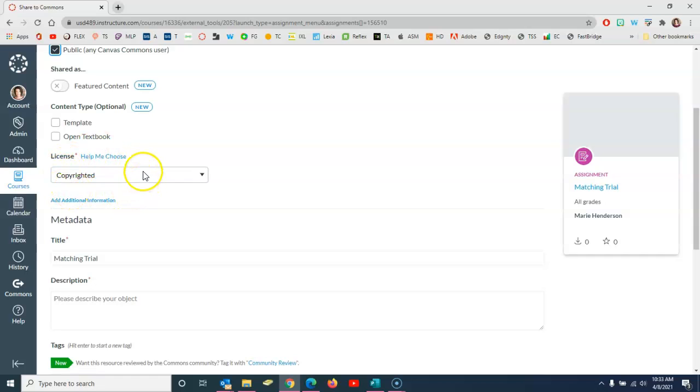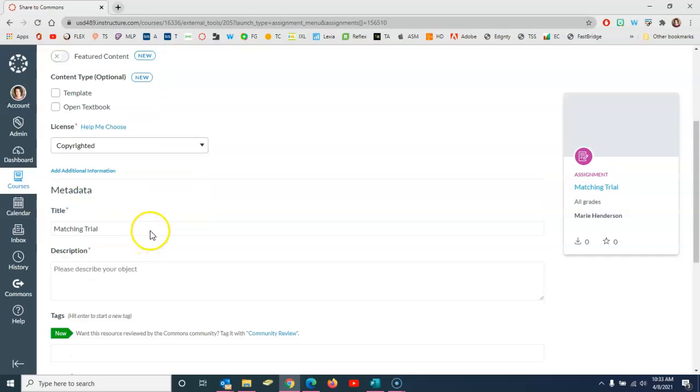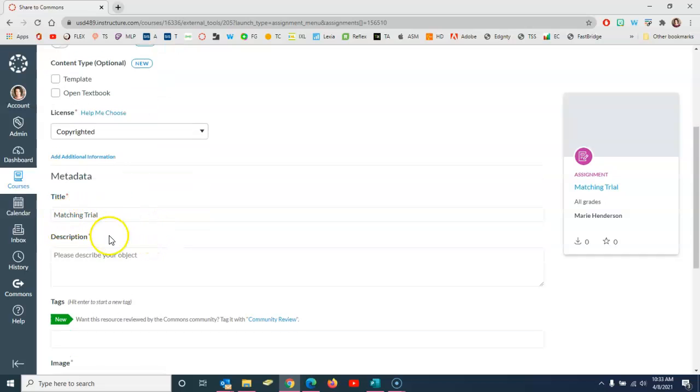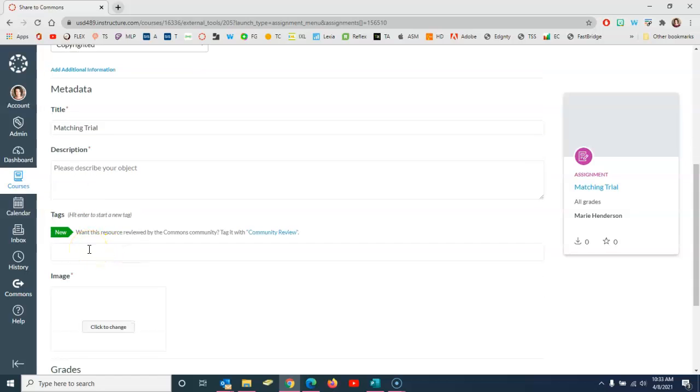Of course, if you have added pictures or images or things from curriculum that we have purchased at the district, you don't want to check the public box here, as you'd be violating their copyright. But you want to select the appropriate license, and then moving on down, you can name it differently if you're so inclined, give it a description, and then this is the important part for helping others from 489 find the activity. If I type in here, for instance, Hayes Middle, and hit enter, then I can use that tag, and